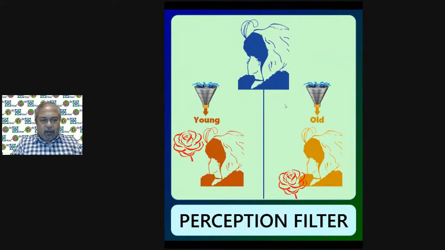I don't know whether any of you have been introduced to this optical illusion or not. On the left side, both the pictures are the same. What you see on the top is the same picture, the blue picture here. What do you see here actually? Do you see a young lady or an old lady? That's something very interesting. Many times you see an old lady or a young lady, depending on the person who's looking at it. Some see old, some see young.